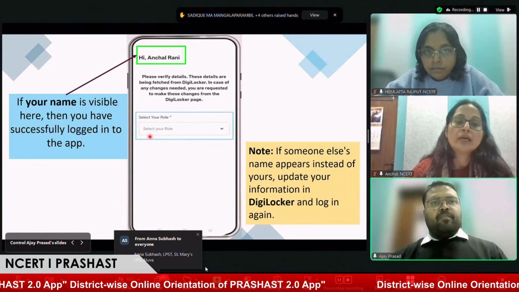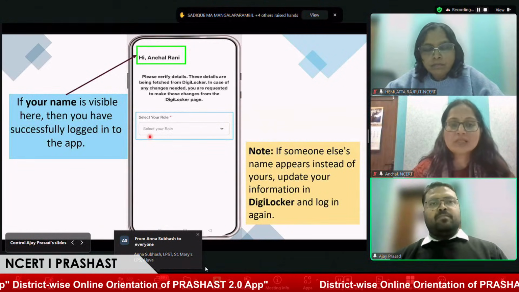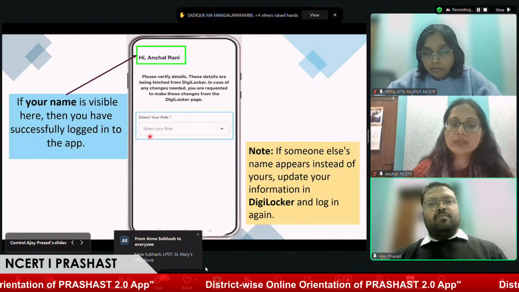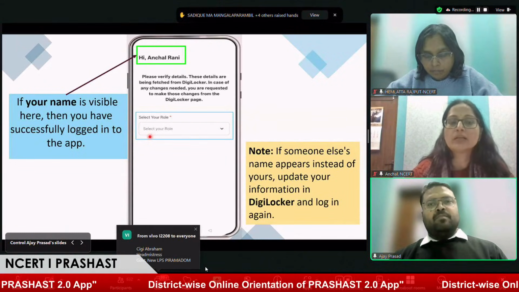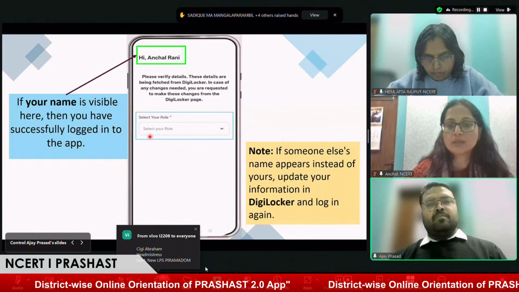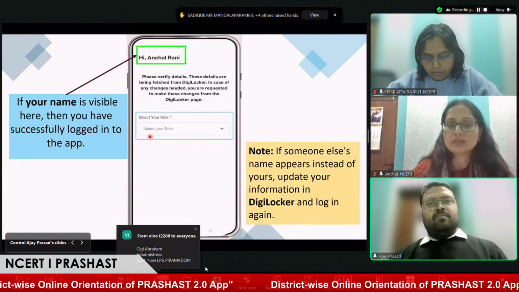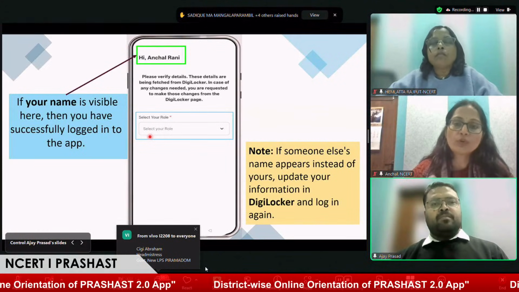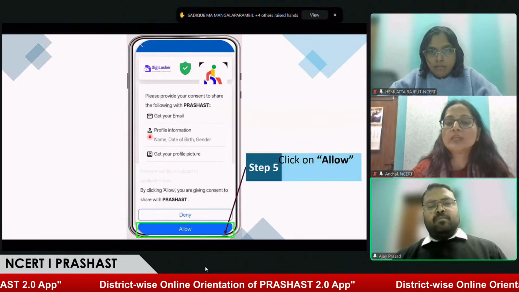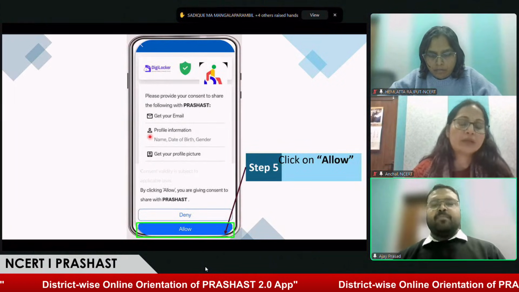Yes, ma'am. Users have asked us many times why they need to log in again and again every day, every time they log out or close the application. The reason is the consent they provided; they need to extend the period. If they provide the consent for 1 month, they don't need to log in every day.